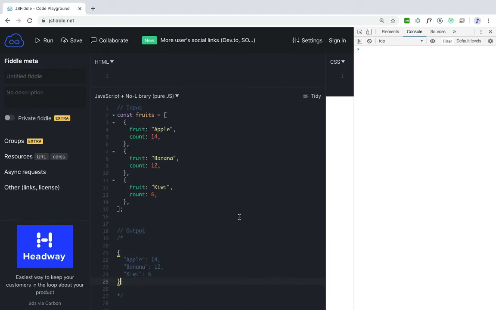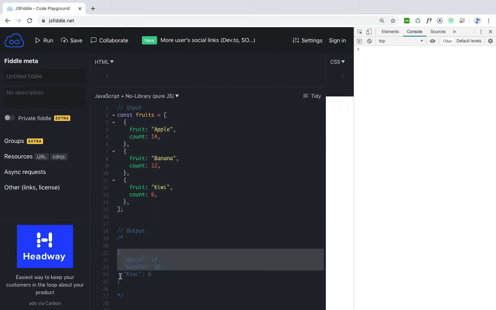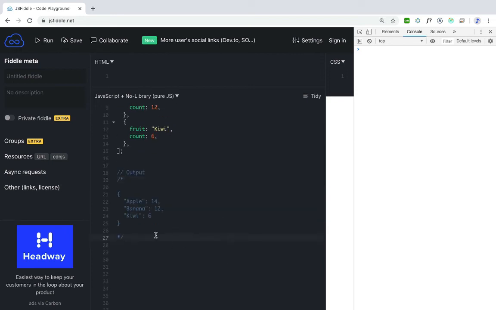So let's take one more example in which we are transforming this array into an object. This object will have the fruit name as key and count as its value. So let's do it: fruits.reduce, with a callback function.